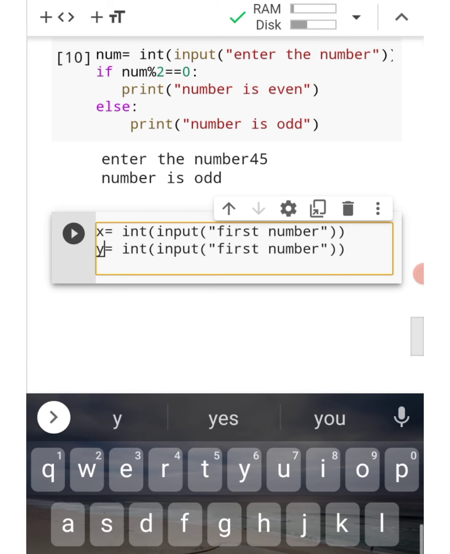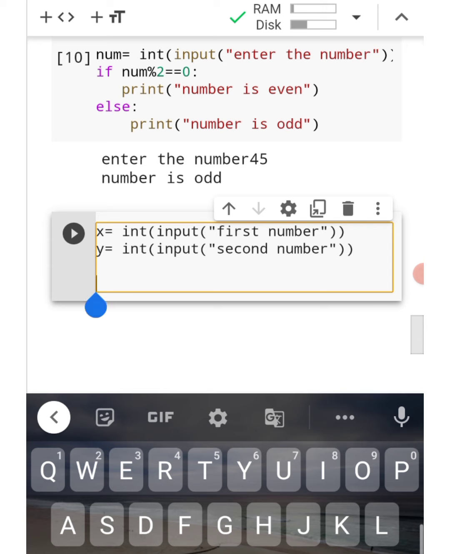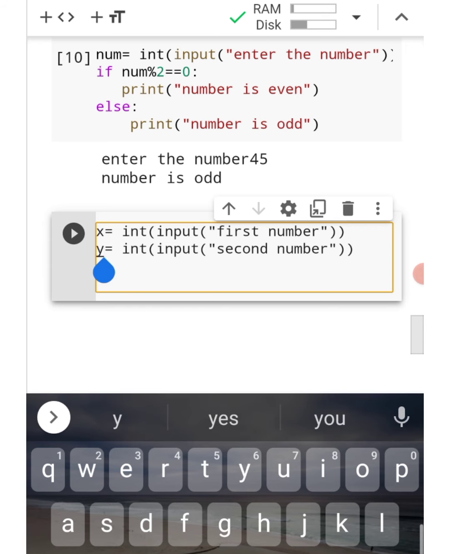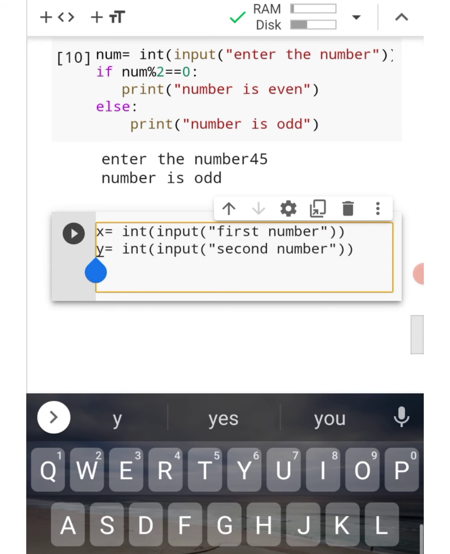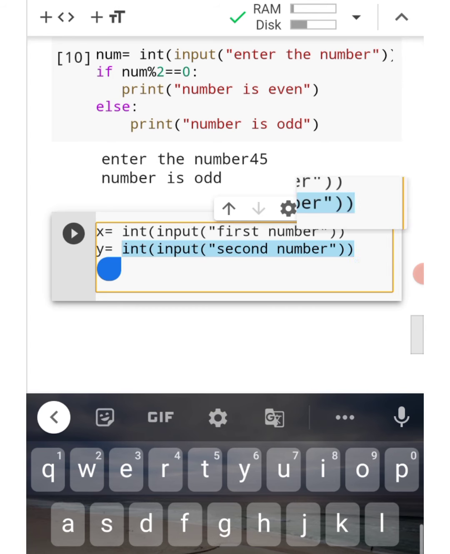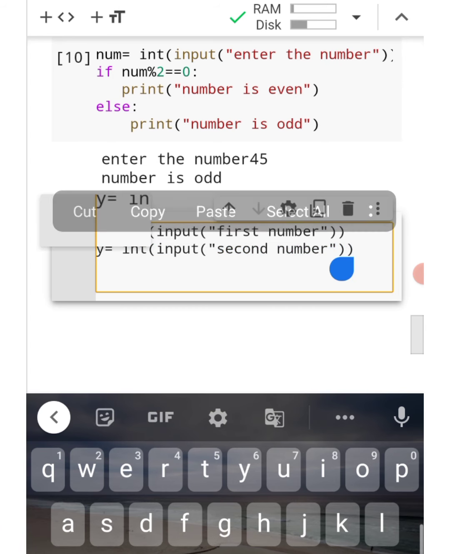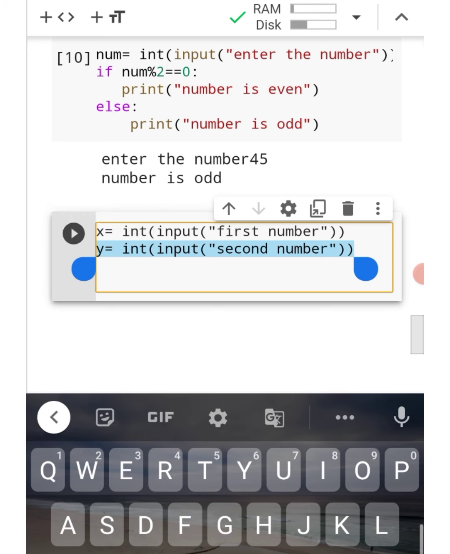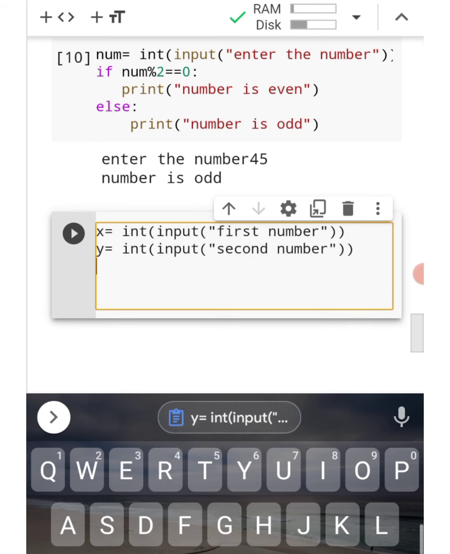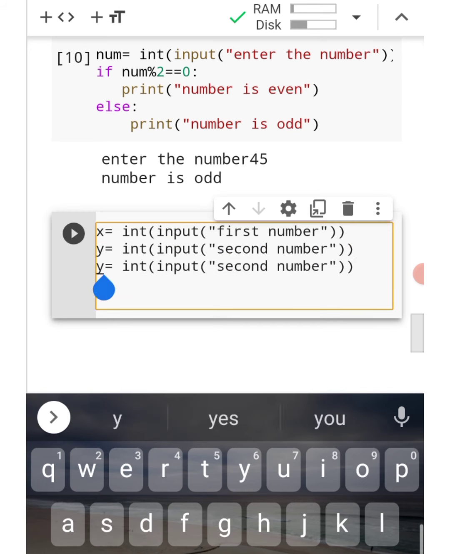This is a smart way, because smart work is required nowadays. We copy again to enter the third variable, that is z. Now we have used the third variable also.